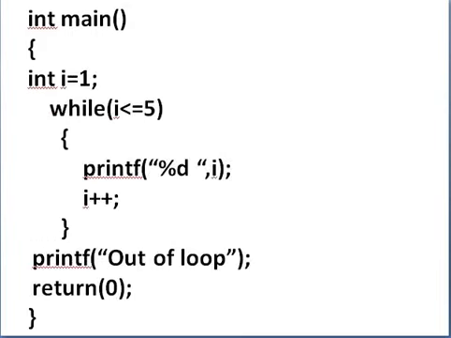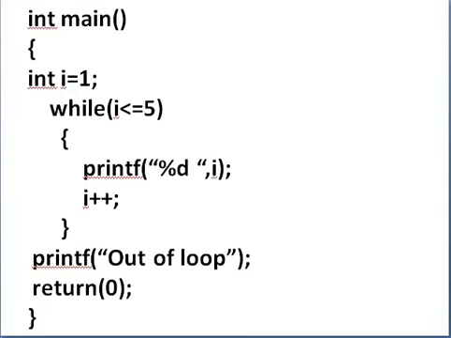Example here. In the main function, one variable is initialized as integer I is equal to 1. Check here the condition I is less than or equal to 5. That is, initialization is done with I is equal to 1, and iteratively I is going to be checked whether it is less than or equal to 5.